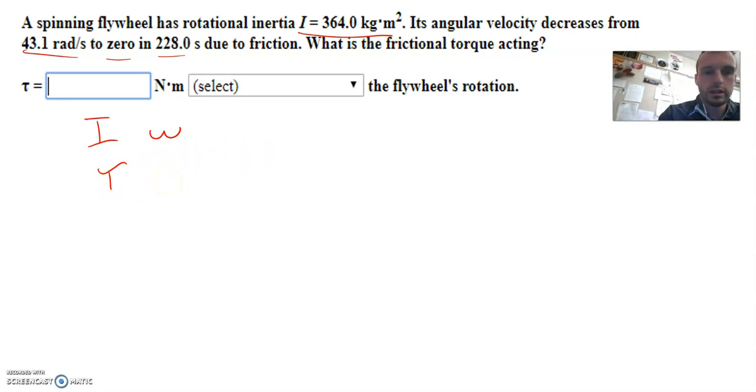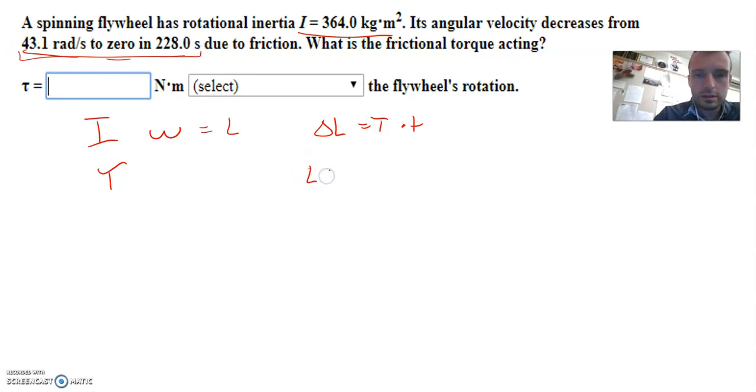Well, it looks like we have the I and the omega already, which is related to L, and we know that a change in L is going to be caused by a torque times time. Let's see if we can maybe leverage that one. What is the frictional torque acting? Now, the change in L would be a result of the change in this guy over here, but I think we can solve for the change in L directly,